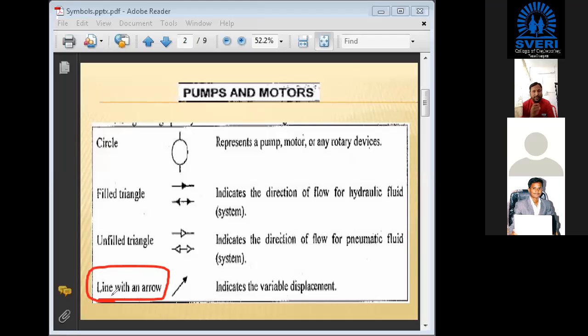These are the basic symbols required for hydraulic as well as pneumatic. In the first slide, I am telling about the symbols for the pumps and the motor, and the direction of the flow. Now I will give you 2 minutes. All of you, be with your notebook and a pen. These symbols are very important for our subject. So please draw these symbols within 2 minutes. All of you, be fast.